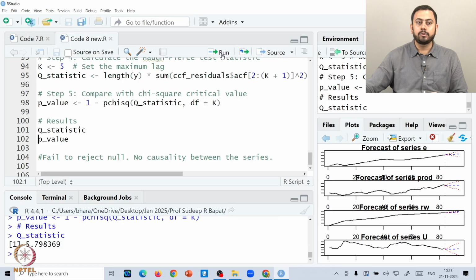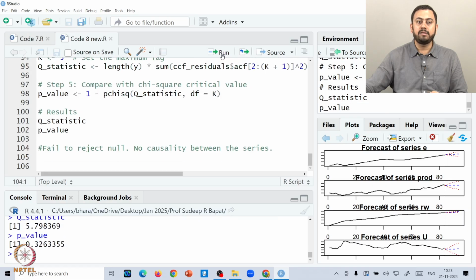This is the result: the Q statistic and the p-value. The p-value happens to be 0.32, which is bigger than the significance level. So, we fail to reject the null, and if you fail to reject the null, it says that no causality exists between the series.